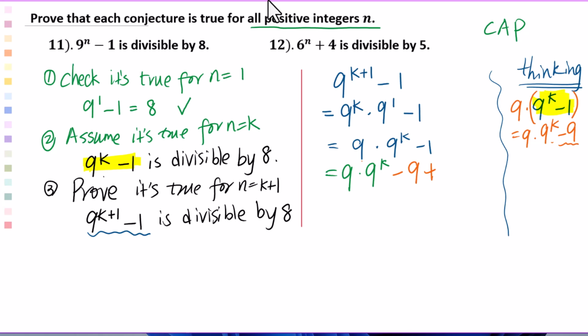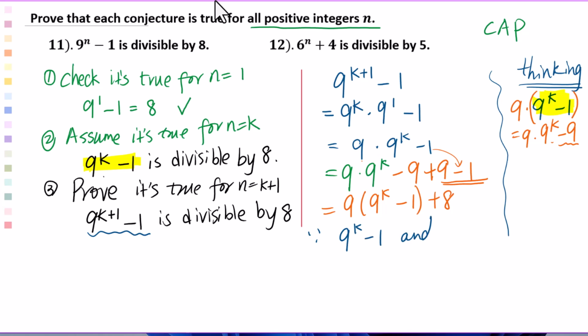Then you have to plus 9. Then here minus 1. So that we can take this 9 out. We create 9 to the kth power minus 1. Then for these two, 9 minus 1 is 8. Because 9 to the kth power minus 1 and 8 both are